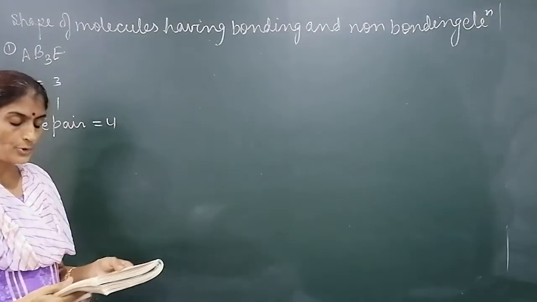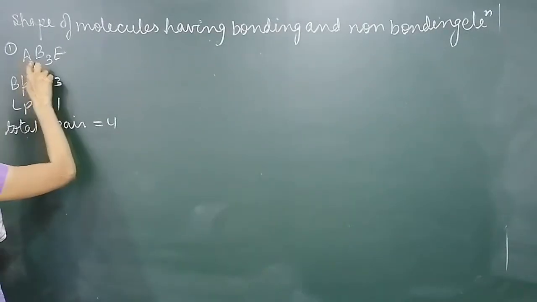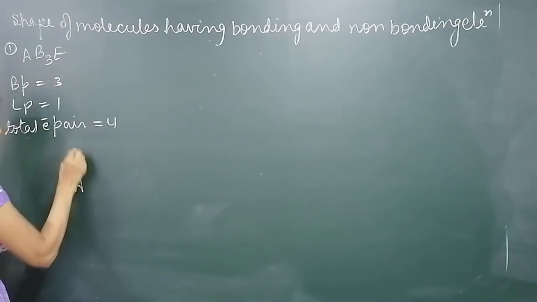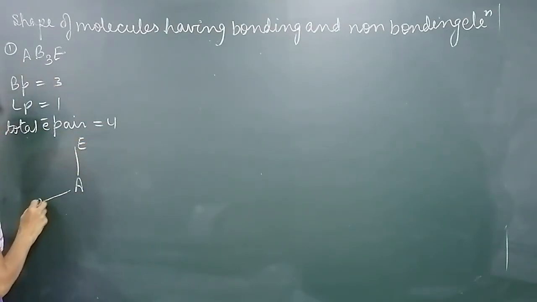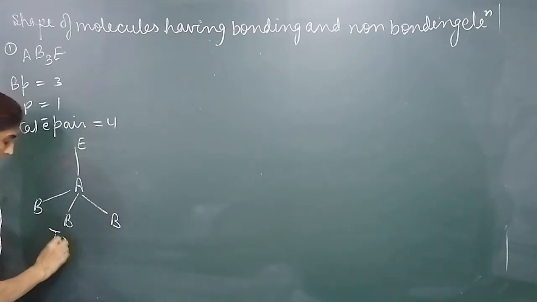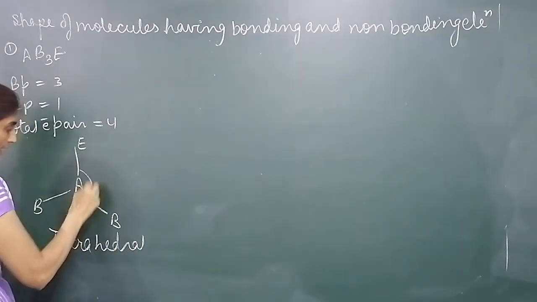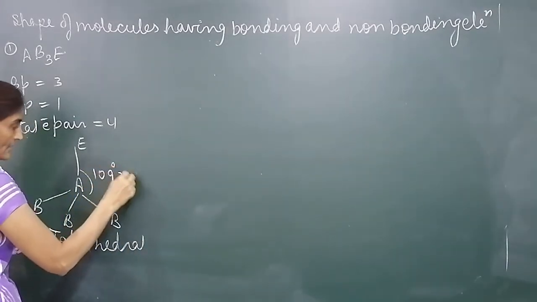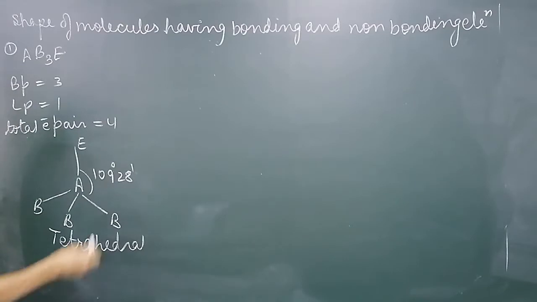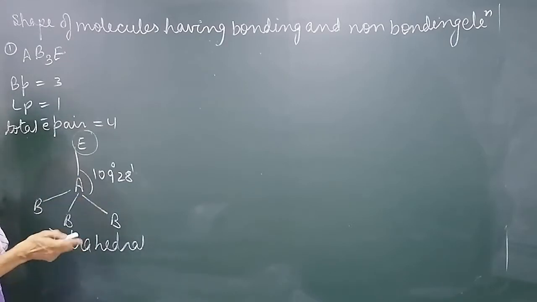If there are 4 electron pair around central atom, what is the geometry? Tetrahedral. A central atom, this is lone pair, and these are the bond pair. So what is the geometry? Actually the geometry is tetrahedral. Bond angle is 109 degree, 28 minutes. But again, due to presence of lone pair of electron, it will repel these 3 bond pair more. Repulsion between these bond pairs will be less.